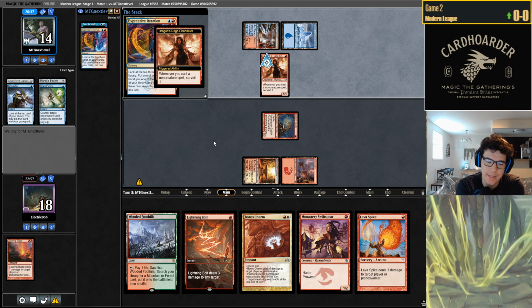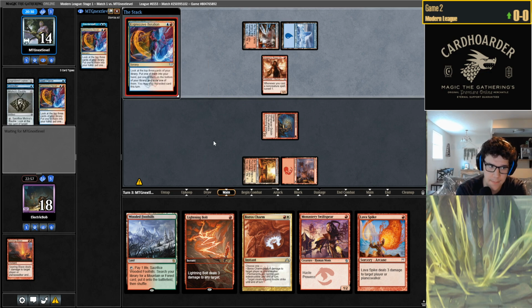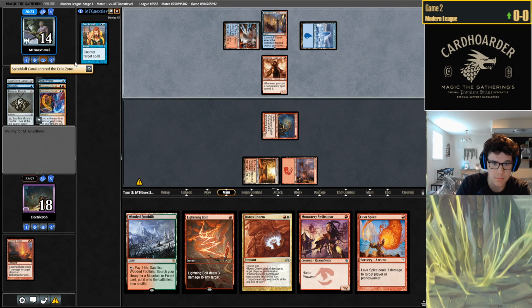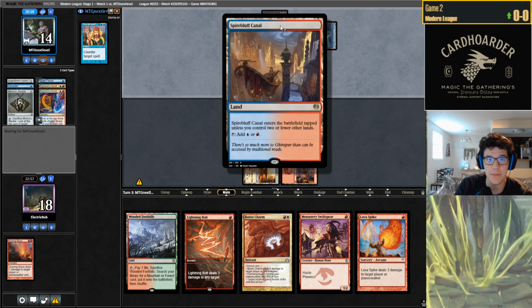Next turn, what we can do is just go... Oh, this might be a mistake by them. I think they wanted to cast this iteration post-combat, because I don't think they want to be forced to attack with their DRC. But maybe they... just maybe they...